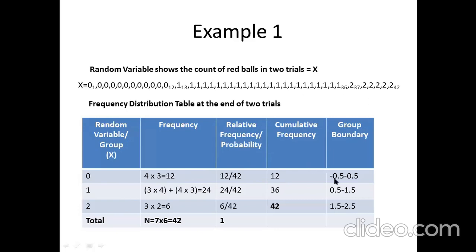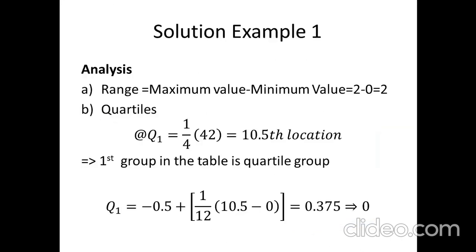The lower value of the class boundary is minus 0.5, and there's no frequency preceding it, so the cumulative frequency preceding this group would be 0. So we just plug in these values in the Q1 equation, and we get minus 0.5 plus 1 upon 12. Remember, the height is 1. It's the difference between the corresponding group values, which is 1 minus 0 is 1, as well as 2 minus 1 is also 1. So 1 upon 12 into 10.5 minus 0, and the answer comes out to be 0.375,